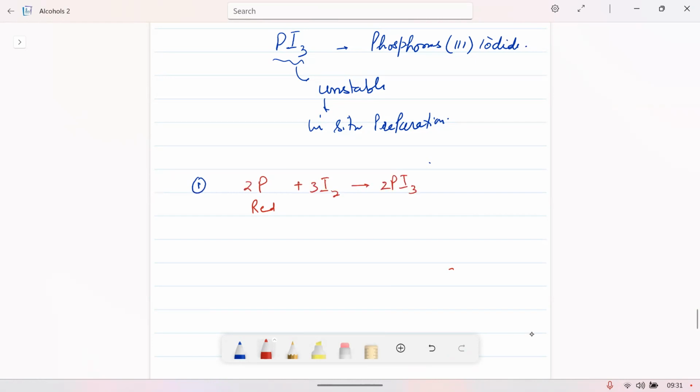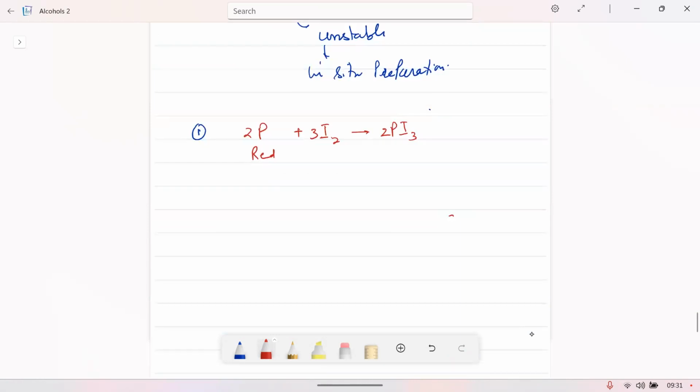So it is red phosphorus first. You will take phosphorus and iodine, react them, and then this will react with the alcohol. The PI3 which is produced reacts with alcohol, forming CH3CH2I, which is what you want,